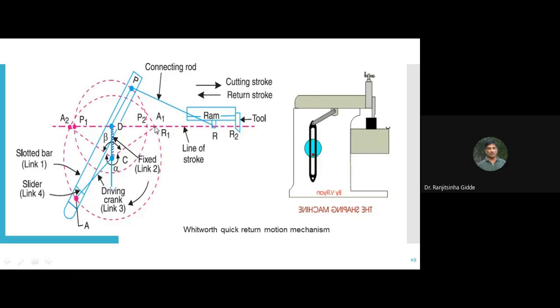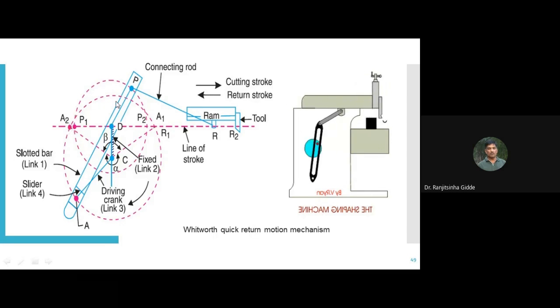Here you should assume that A point, and first position is A1. A1 to this A2. What is the angle? Alpha. That is covered during the cutting stroke. And during the return stroke,